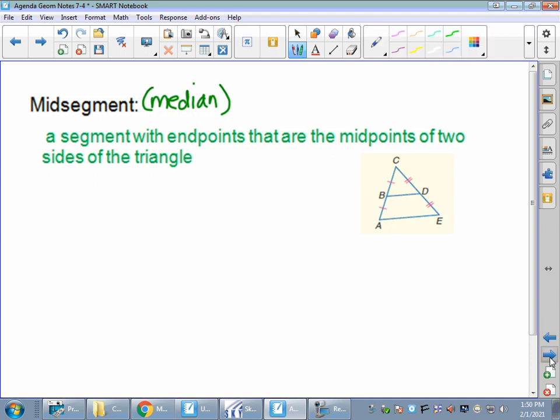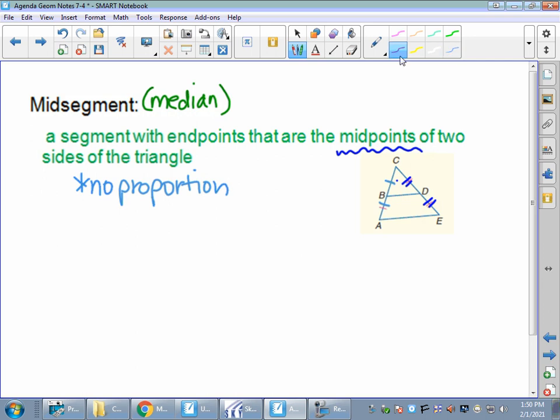This is why I think it's helpful to call it a median, because we know a median is in the middle. Notice how AB is congruent to BC, CD is congruent to DE. Now this is the one different part of basically this whole chapter. You are typically not going to set up a proportion because you have equal parts. No proportion